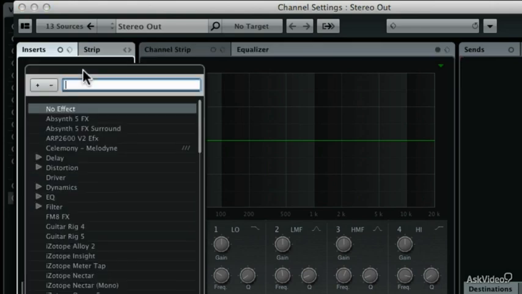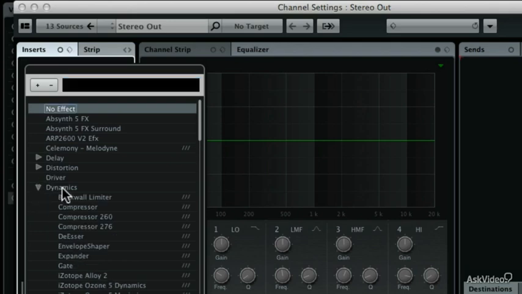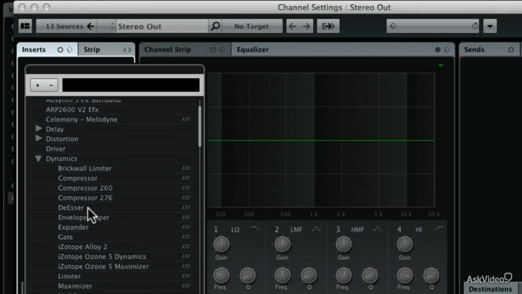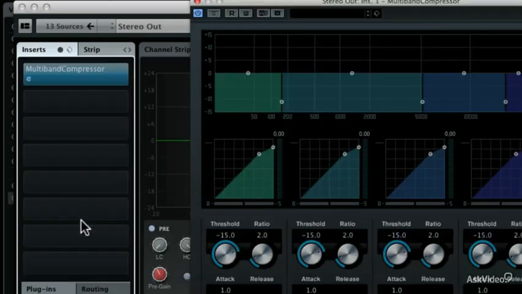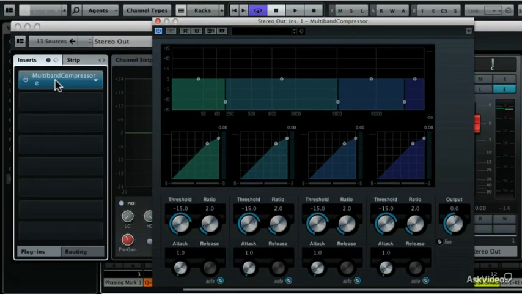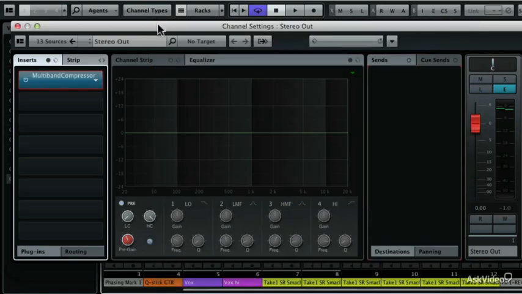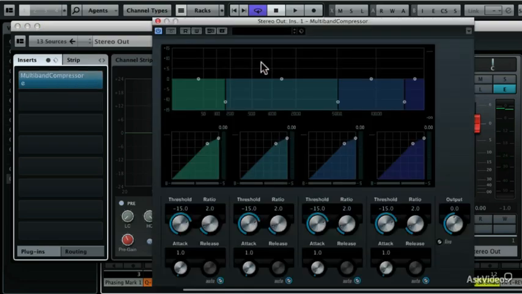And Cubase has a really awesome multiband compressor. So when you click on that first slot, you can come down to the dynamics category, and then I'm going to scroll up here a little bit with my mouse wheel, and I'm going to click on multiband compressor. That loads the multiband compressor into the first insert slot, and the control panel for the multiband compressor will also appear. And just to show you how to get that back, if you were to close that control panel and you wanted to get it back at any time, just double click on the slot and that will reveal the